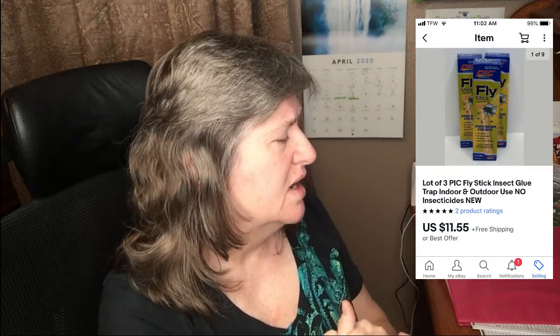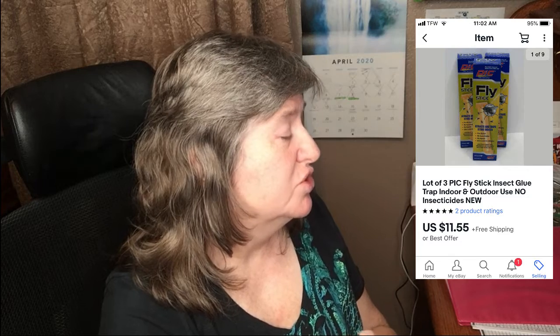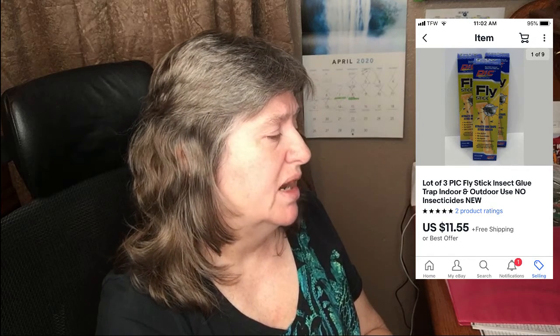The next item is a lot of 3 fly stick glue traps. It was 3 of them, and they sold buyer's all in at $12.45 on those. I believe it was free shipping. I can't exactly remember where I got these. I keep thinking that it was on one of my trips before all this mess started,